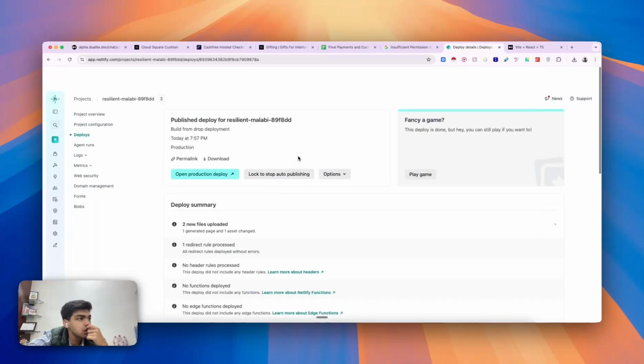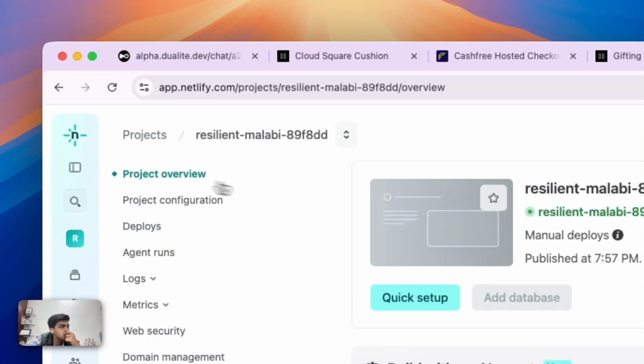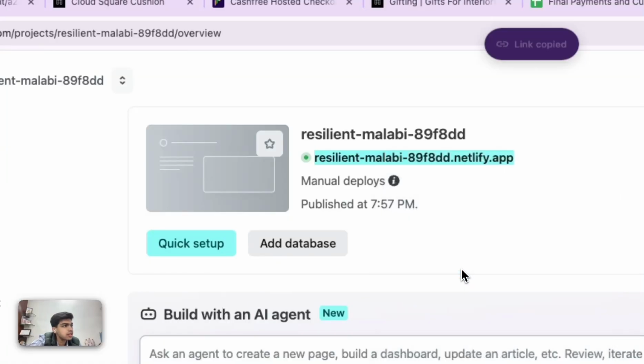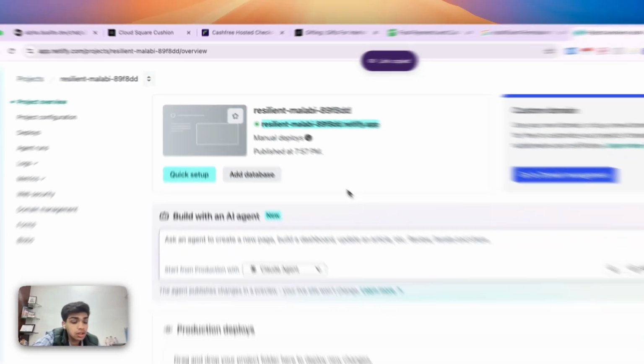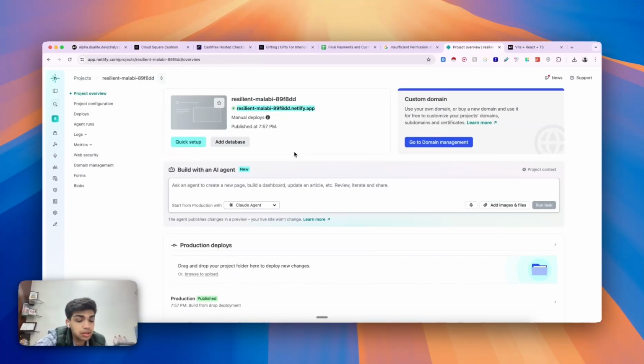I think we are done. Yeah, so let's try this resilient Malabar. I'm just gonna paste it here. Go here so you can see me on my phone. Go here, go to furniture. I'll probably go somewhere. Okay, so the amount is causing an issue, but that can be fixed. What we want to test is the